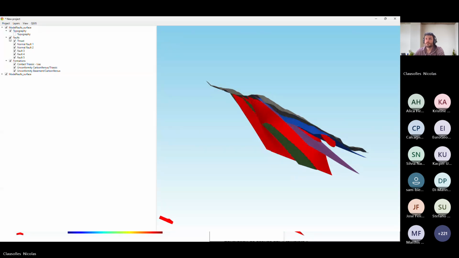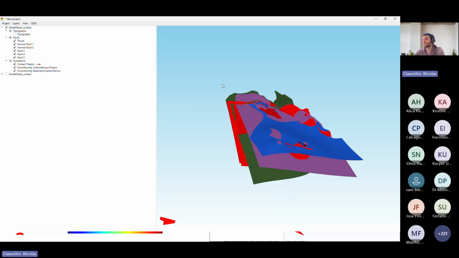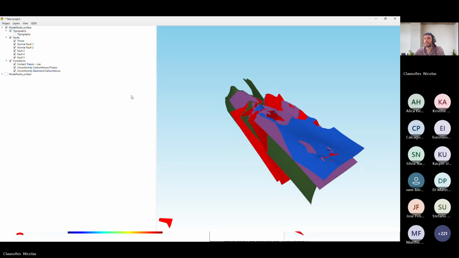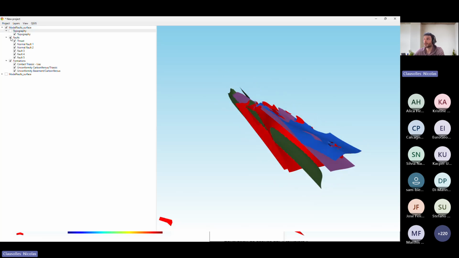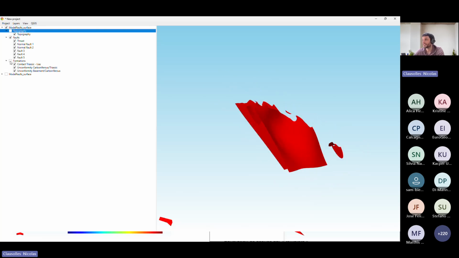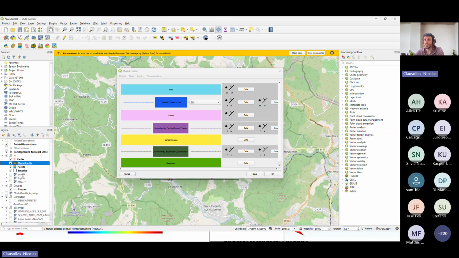So it's pretty basic. Oh, I already had an example. Nice. It's pretty basic, but it allows you to visualize the different surfaces that have been extracted, to hide faults, to hide formations, etc. You can also send to this tool, as I said, any kind of